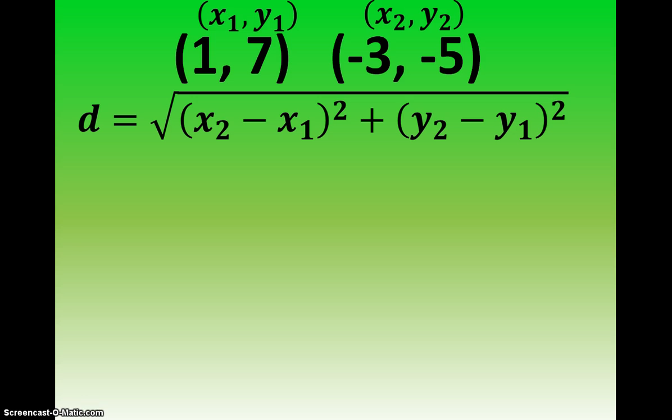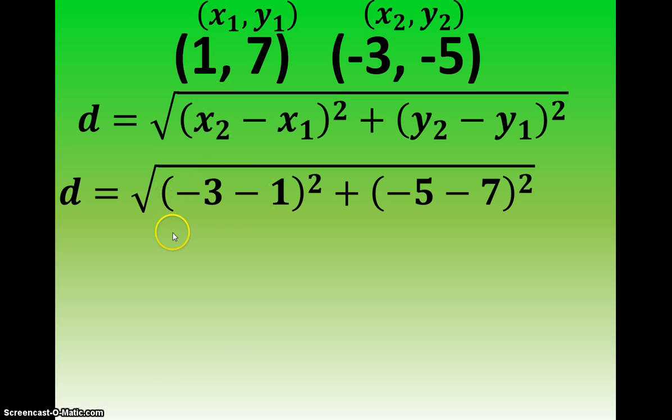Last problem, all right, and I'd like you to try this one on your own. So pause it real quick, try to see if you can get an answer, and then I'm going to go through the steps to getting my answer here. So if you could pause it for me, try it, and then we'll continue. So the distance, again, x2 is -3,